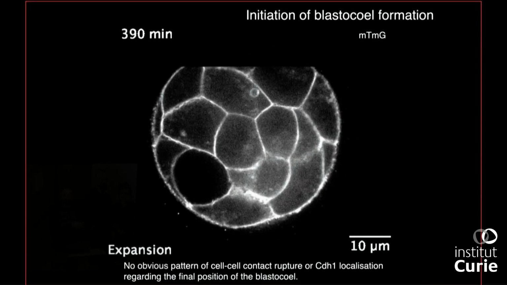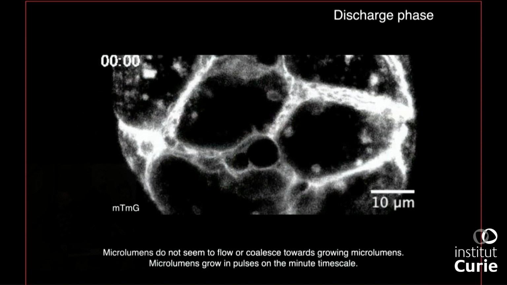And we looked at any kind of cue that we could see. Like we looked at the distribution of adhesion molecule. Can we see a pattern in relationship with the final position of the lumen? Nothing obvious, nothing clear. We could not find any bias in how fast it opens and how big it opens or how much adhesion you have. So you can manipulate adhesion and it will influence the positioning, but we could not see any evidence of a patterning. So we looked at the second phase, which is the coarsening, so how the microlumens are disappearing.